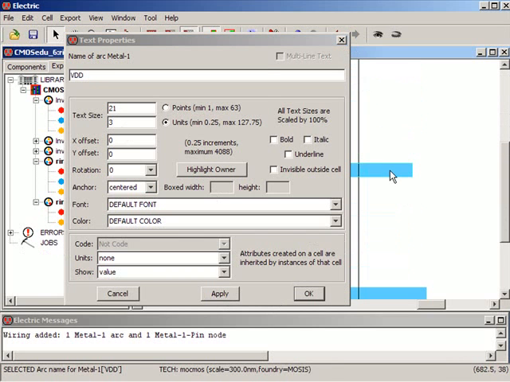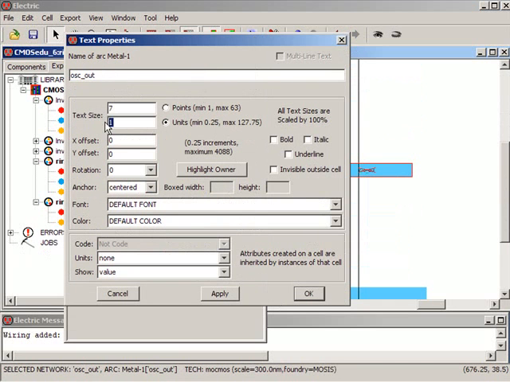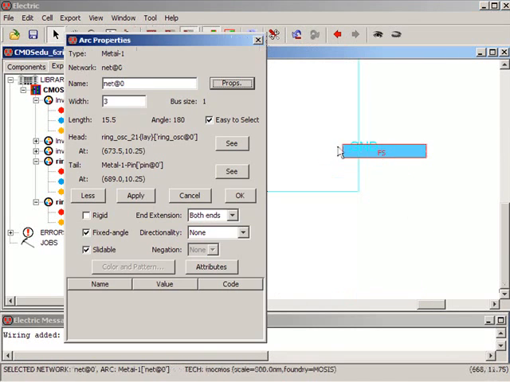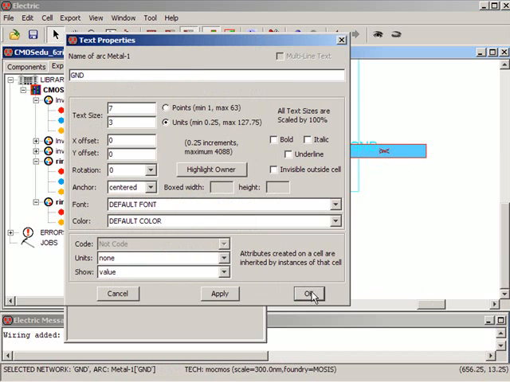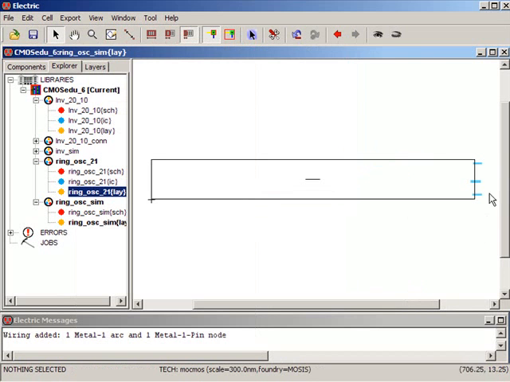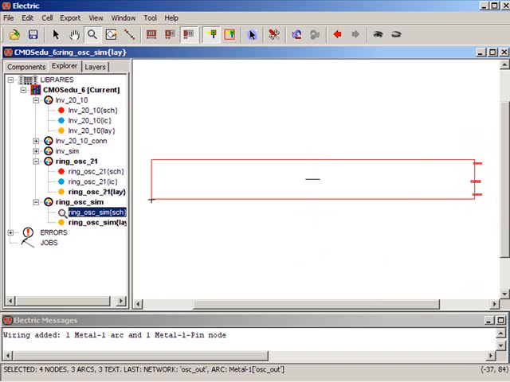Go down, we'll call this node oscillator out, properties, apply, properties, text size 3, apply, okay. And then this one we'll double click and call GND, apply, and then properties, height 3, okay. And the whole point of that is so that, well, I guess I should make it even bigger, but I can go back and change the text size. I'm not going to. Okay, and then the last thing we need to do before we sim is we need